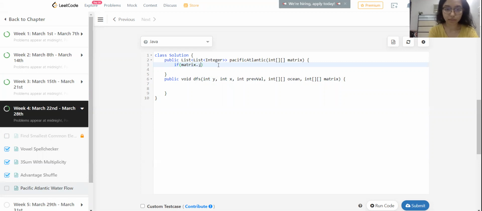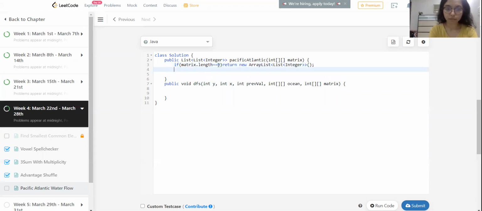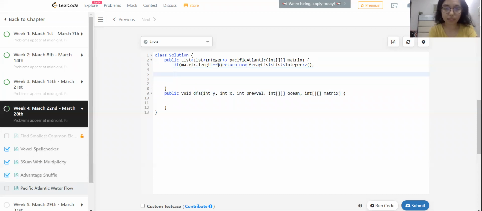If matrix dot length is equal to 0, we return a new array list of integers. This was the base condition. Now we start coding our actual solution.